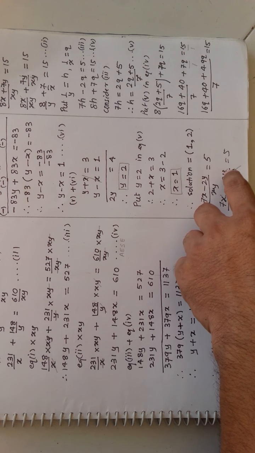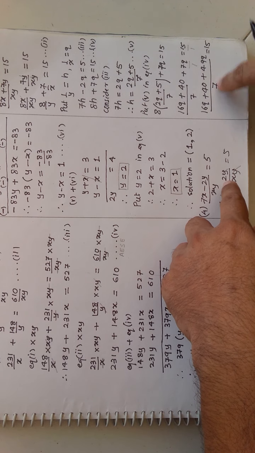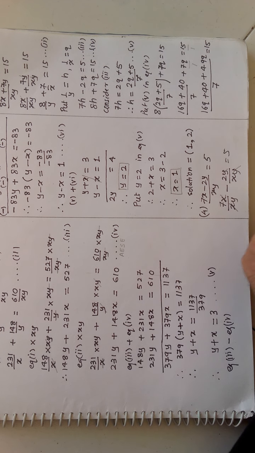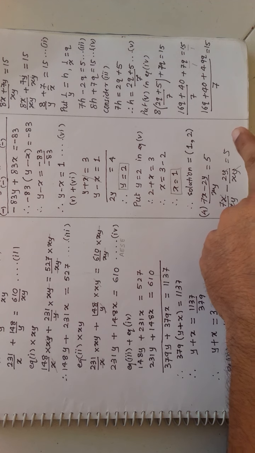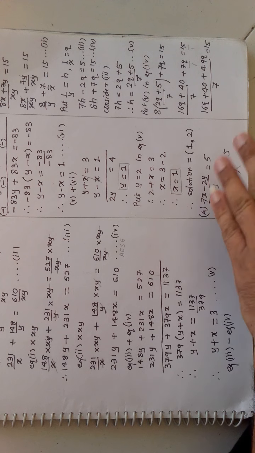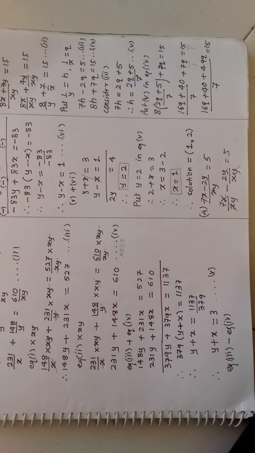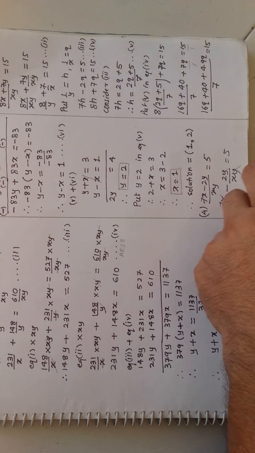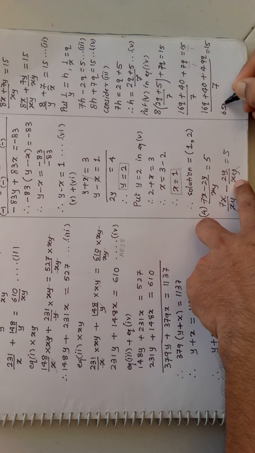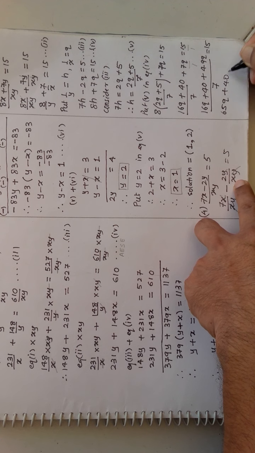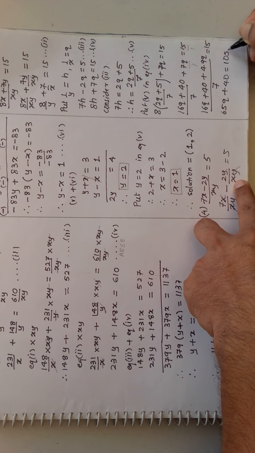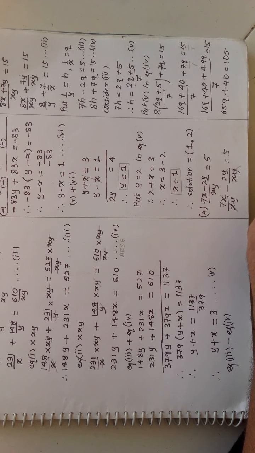So which becomes equal to, now this 7 I will transfer to that side and I will search for the like terms. The like terms over here are 16q and 49q, because both have the same variable as well as the same power of the variable, and both have plus signs, so obviously I am going to add them. So 49 plus 16 is 65. So you get here 65q plus 40 is 15 into 7. I think it is 105. If there is any calculation mistake, you just rectify it and then proceed.